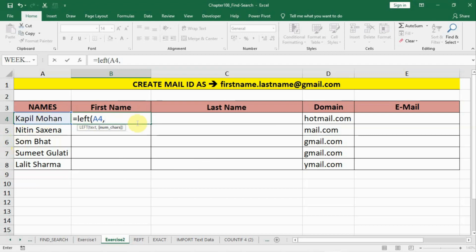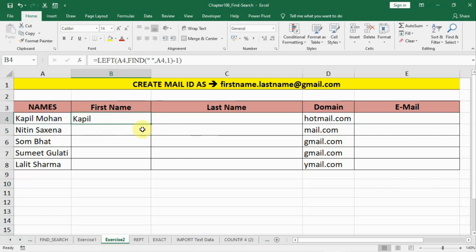So we'll find the space using find, with the space in inverted commas, comma, then we have to find in A4, and we'll start from 1. In this manner we'll find the space, and if we subtract 1 from this, then we will get the first name of the string, and we'll close the bracket and press enter.